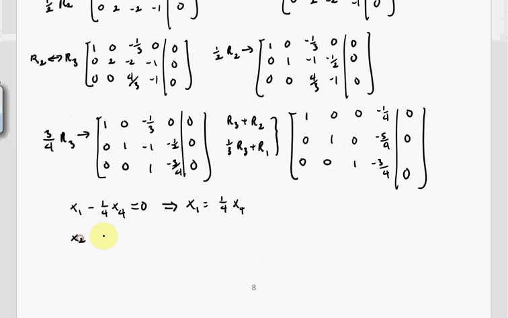This is x sub 2 is equal to 5/4 x sub 4, right? Are you with me there? And then that last one, x sub 3 is equal to 3/4 x sub 4. So, since they all have a fourth in them and we have infinitely many solutions,